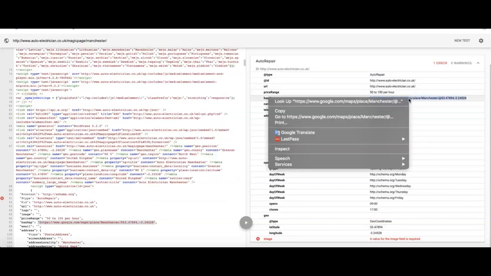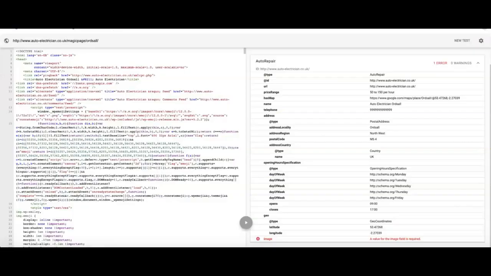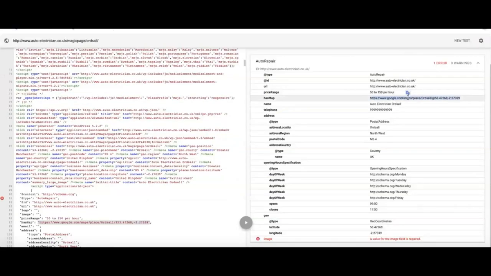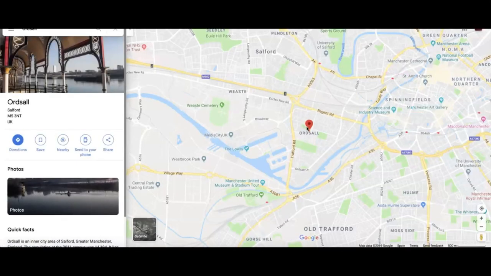If we highlight this section here, right click and click go to, what you will see is it opens up a map in the area that we're on, Manchester. If we go over to the Auto one, what it's doing is creating a map in the area that we're currently on, so it'll be in Auto. So what this is doing, it's providing local data to a level which is unseen on any other type of software out there. Okay, so you've got advanced schema that is better than 99.9% of the people out there straight away without knowing anything about it.